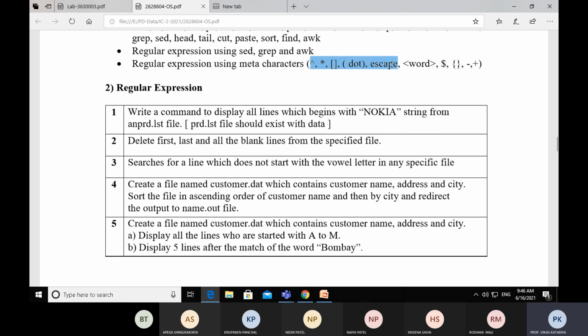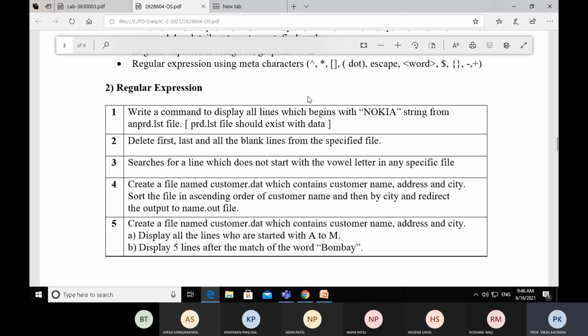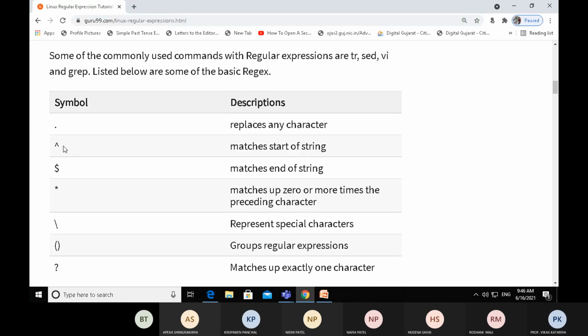These are all meta characters. If it is used as a regular expression in any command, it tells us we are interested in finding records at the start of the string.